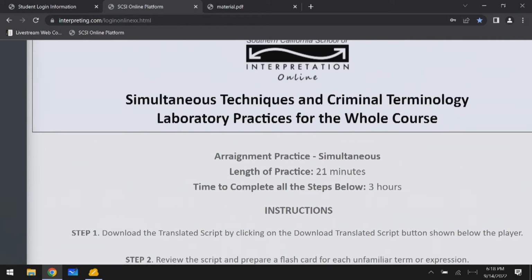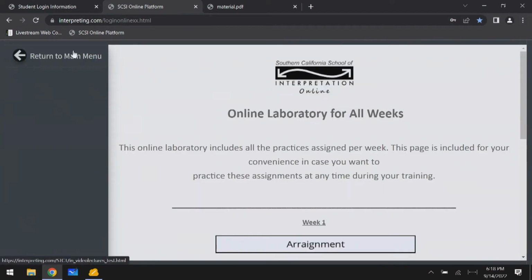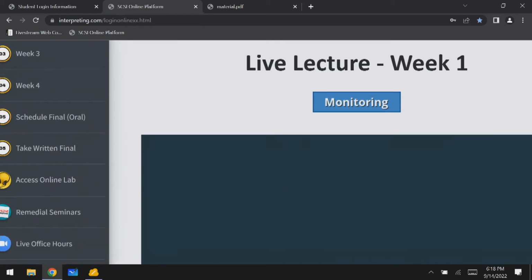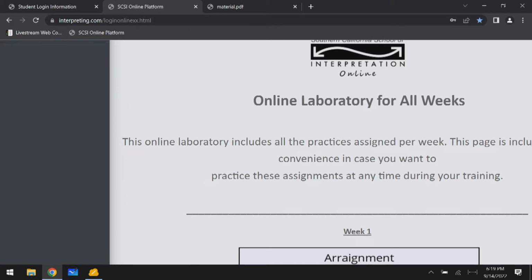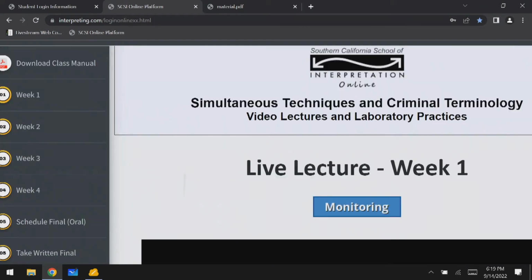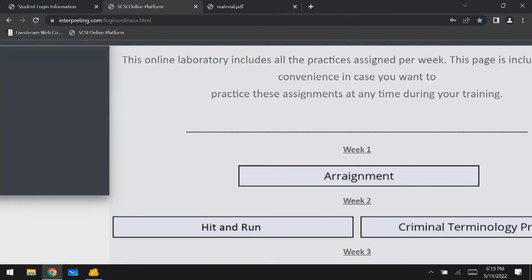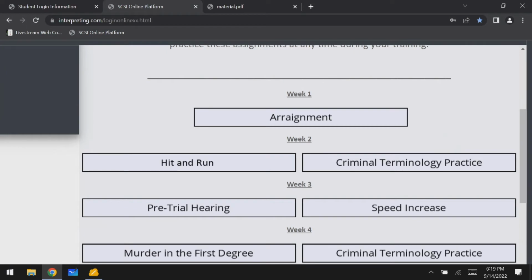So this is, let me just go back and do this again. So as I was mentioning, this is in the Access Online Lab. So when you click on Access Online Lab, it's going to take you to this site. If you have no volume, okay, let me answer that. All you have to do is click on the player, and the volume will work. So you click on Access Online Lab, and when you click on it, you have everything by week numbers. So again, week number 1 is all dedicated to arraignments. So you will click where it says arraignment,